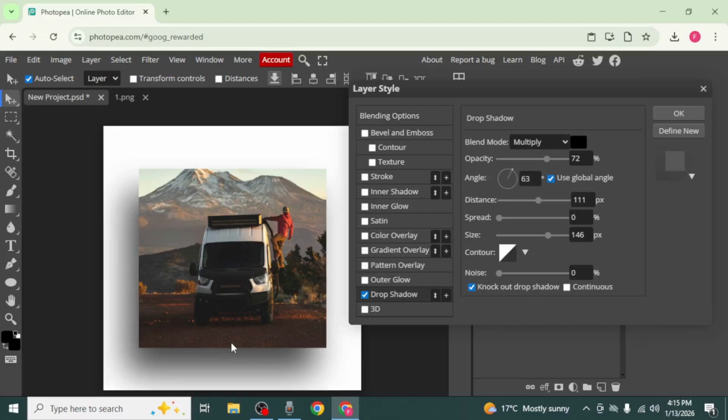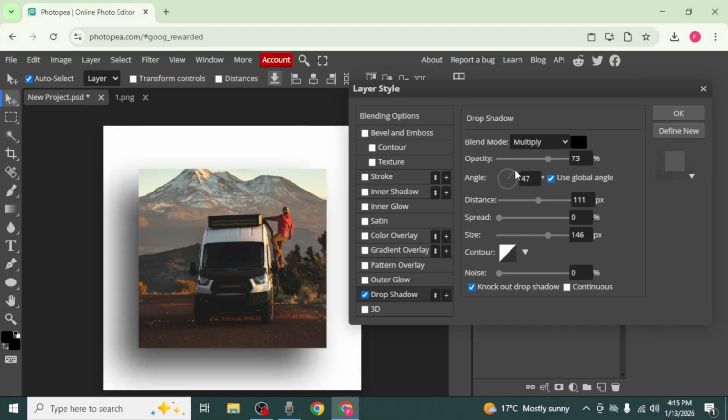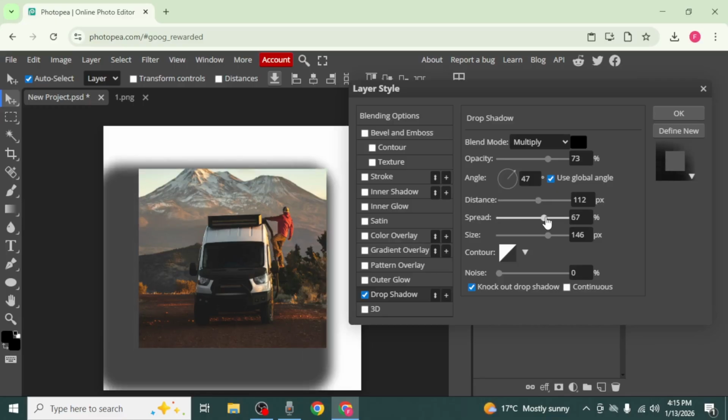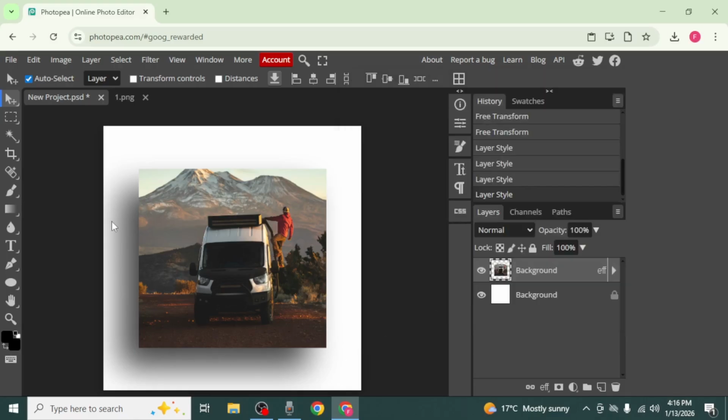From here, you can fully customize how the shadow looks. You can adjust the opacity to control how dark or light the shadow appears. You can change the angle to decide the direction in which the shadow is cast. You can also increase or decrease the distance to control how far the shadow sits away from the object. The spread option allows you to make the shadow stronger and more intense, while the size option controls how soft or blurry the shadow edges appear. Once you are satisfied with the settings, click on OK, and the drop shadow will be applied to your image